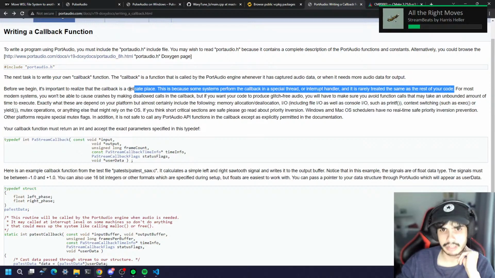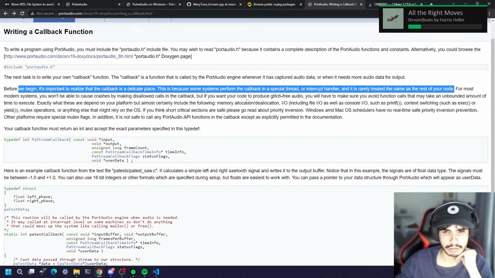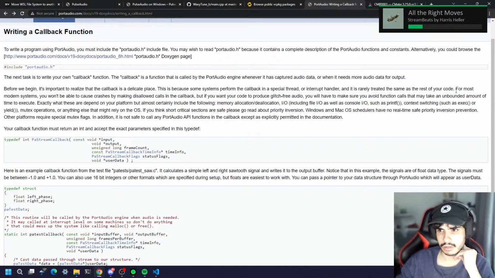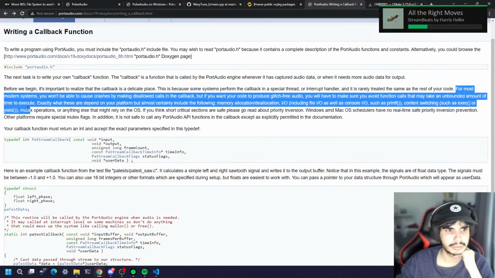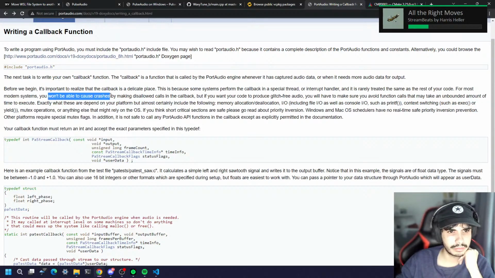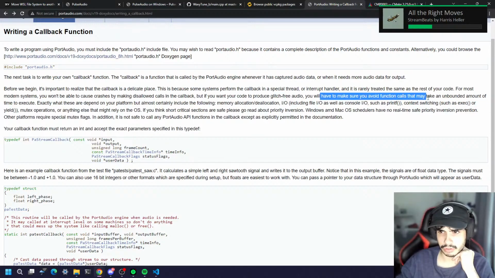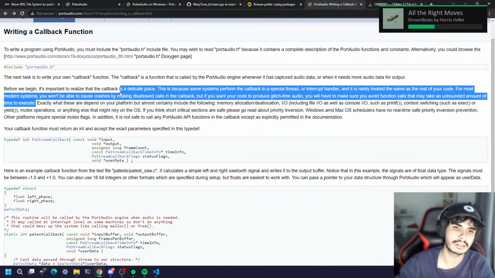So first of all, when I read this, I'm thinking it probably runs in a different thread concurrently to the current code, which makes sense. If you're dealing with audio, you probably want it to be done in a different thread, I guess, or the thread that's handling that part of the hardware. For most systems, you won't be able to cause crashes making disallowed calls in the callback, but if you want your code to produce glitch-free audio, you will have to make sure you avoid function calls that may take an unbounded amount of time to execute. So this is basically saying that whatever goes in that callback, you can't throw any errors in the first place. It has to be fast,